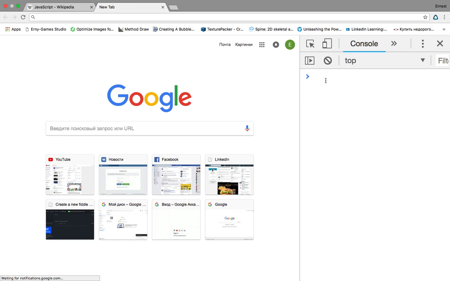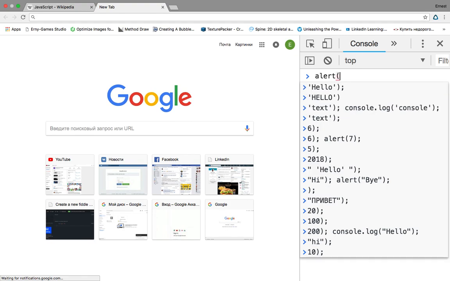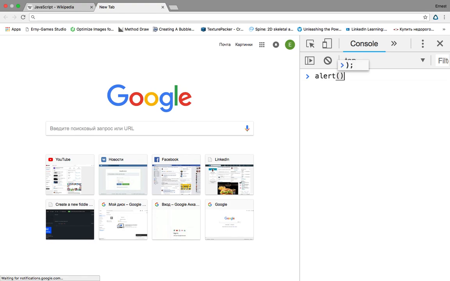For Hello World, we can write just one string, alert. It's a special function for showing information on the screen. Use rounded brackets and put your message inside these brackets. For example, it is Hello World,